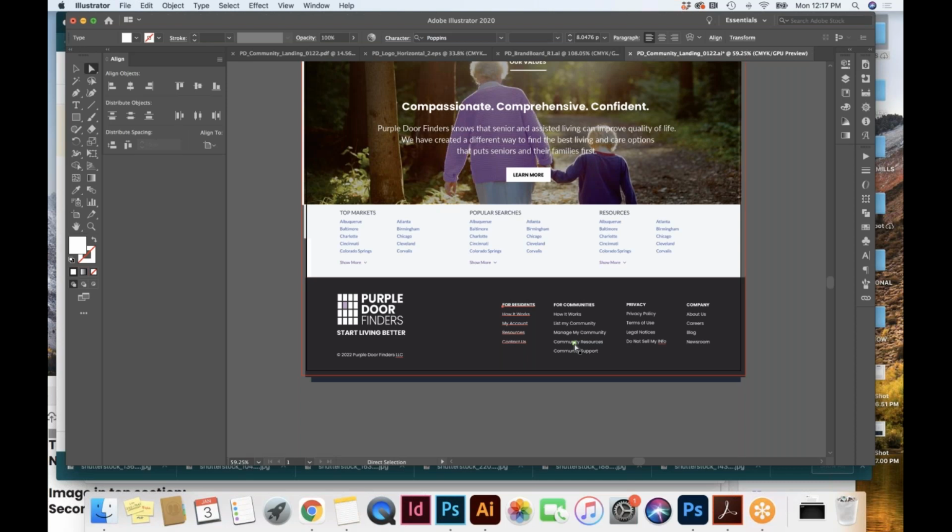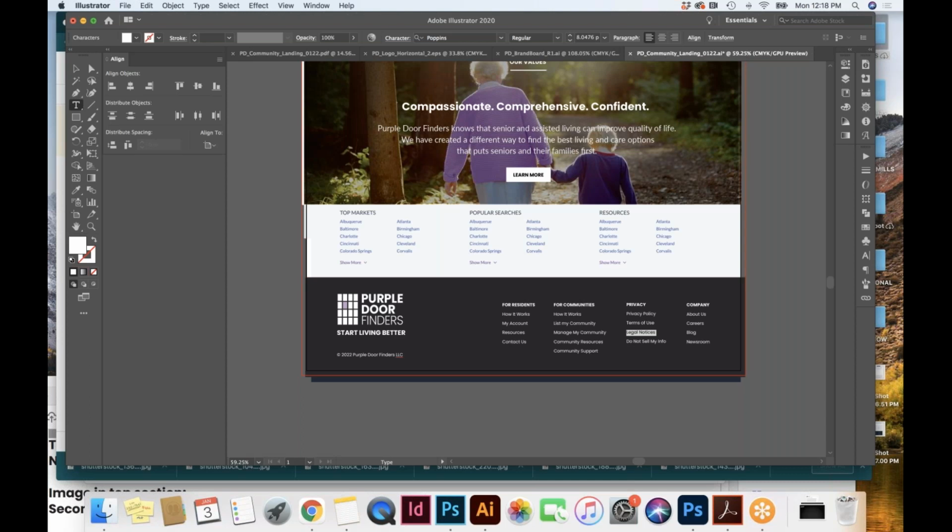So that's that thought. Under legal, under privacy, a privacy policy, terms of use is a part of the privacy policy, but fundamentally different. So I have that different. Legal notices, I'm not sure what that would be for us at this point. I think we just picked it up from somewhere else, and do not sell is a California thing. So possibly legal notices wouldn't be anything, but I think the other three will be. I know privacy policy and terms of use, those two will definitely be separate.